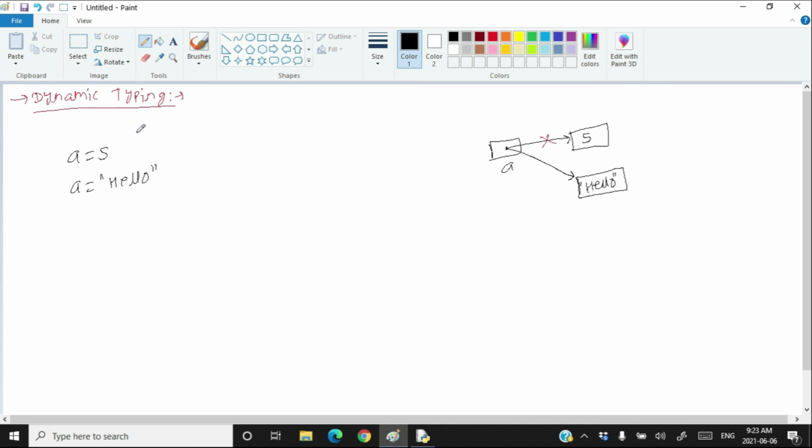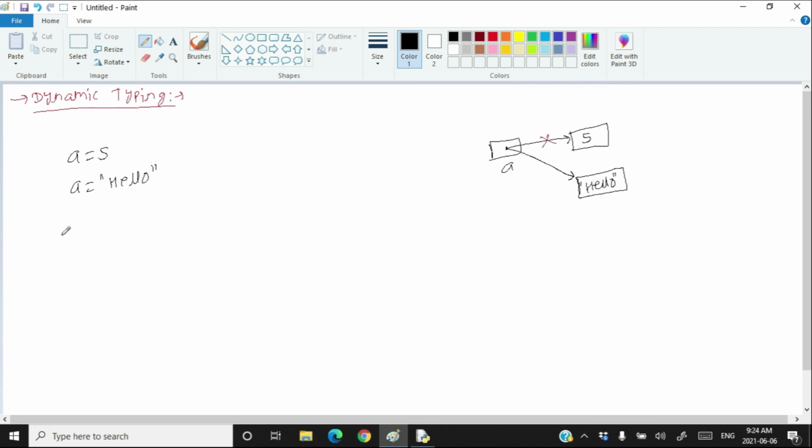But the same thing is not valid in C++ or Java. If a variable is supposed to store a reference of an integer, a whole number, you cannot store the reference of a string or a text in that variable. That will be an error in C++ and Java. But Python is very okay with it. You can store the reference of any type of object, any type of value, in any variable. Python is very flexible about such assignments.